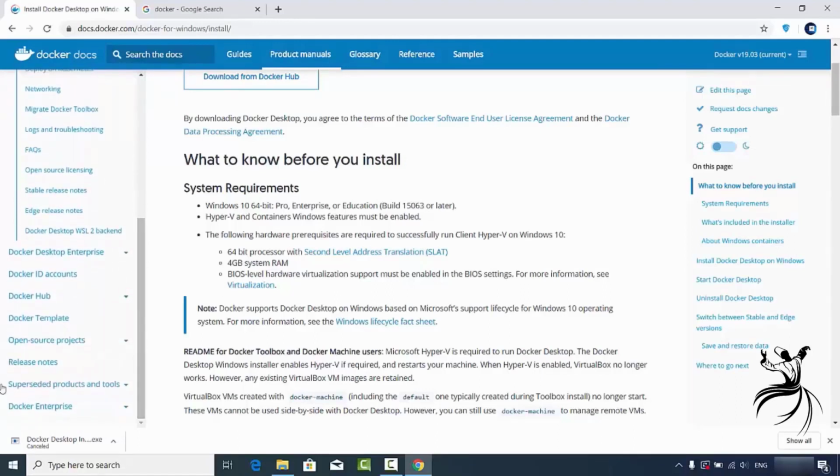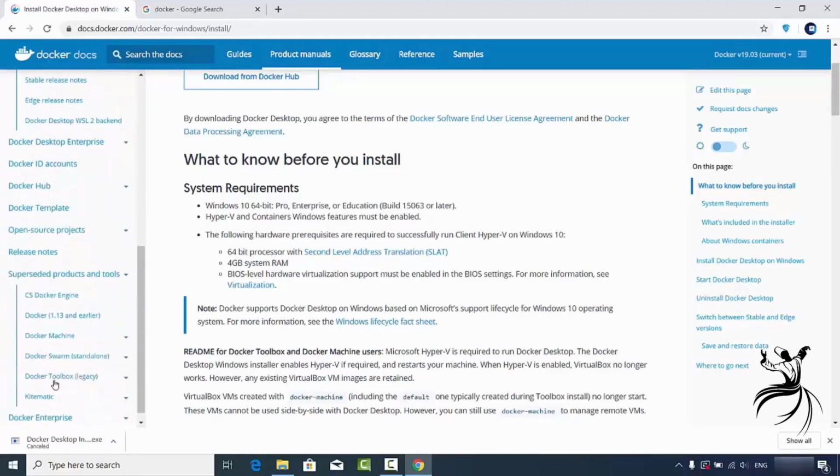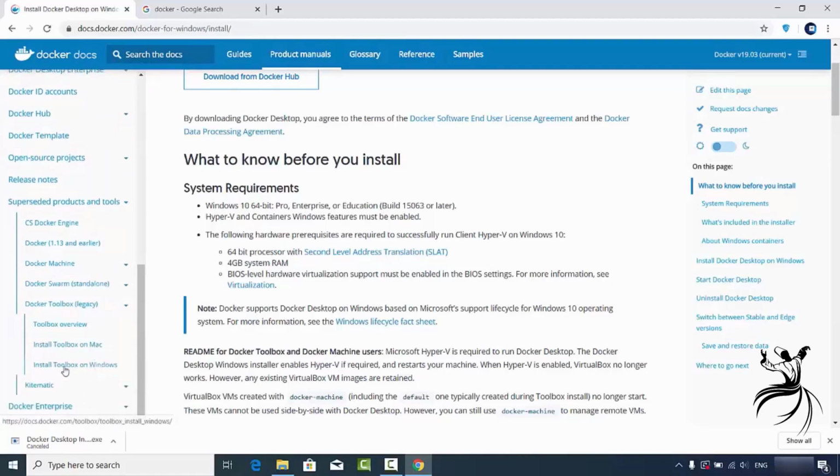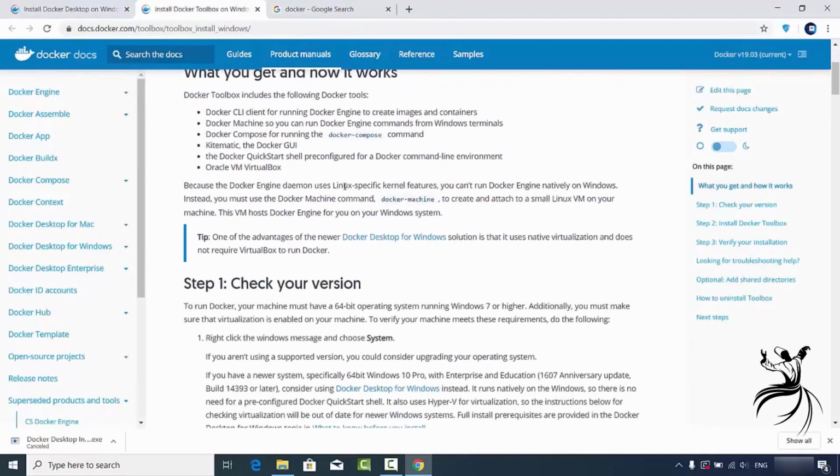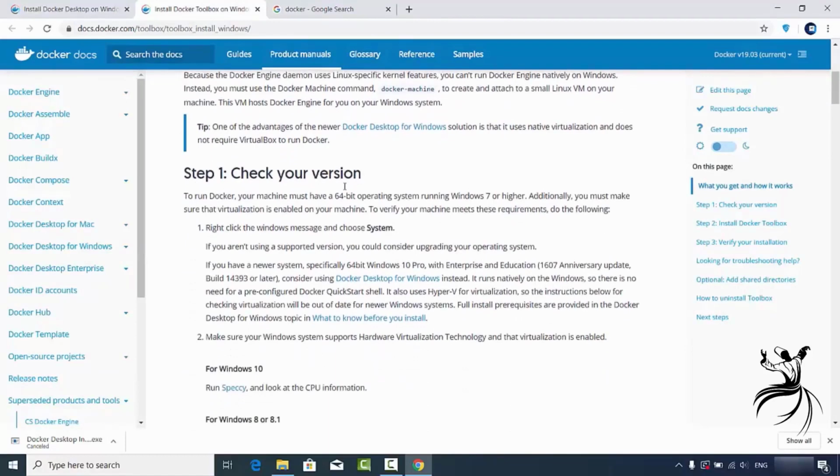For that, you can go to Suspended Products and Tools, and then go to this tool called Docker Toolbox, which is now a legacy tool for legacy operating systems. Here you can just click on the Install Toolbox on Windows button. I'm going to open this link in the next tab, and here you can follow the procedure for installing Docker Toolbox on your other Windows operating system. For example, if you have the Windows 10 Home version, or if you have Windows 8 or Windows 7, then you